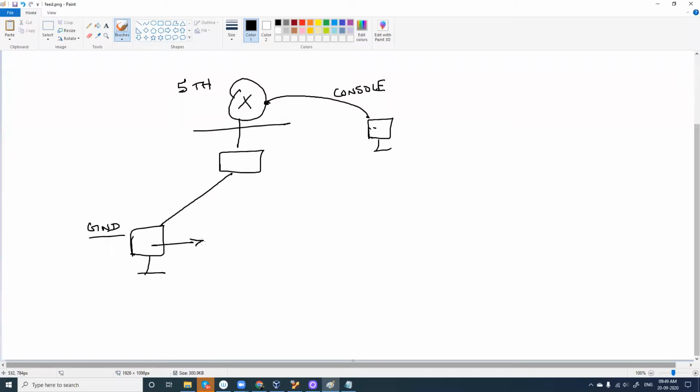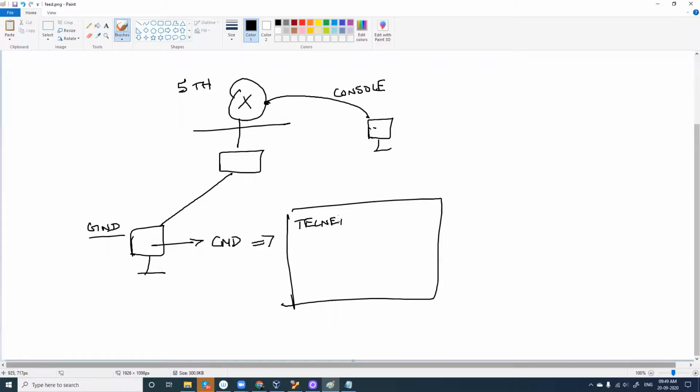So now how can you configure this router? You can open up command prompt and type telnet, then your router's IP address, 192.168.1.1. You can initiate a telnet connection. If it asks for a password, yes, you can give your password, and then it is going to log into the router from your command prompt. Then you'll type enable, then you'll get the hash prompt, then you'll type conf t, and it goes on. So telnet is one option to configure your router.